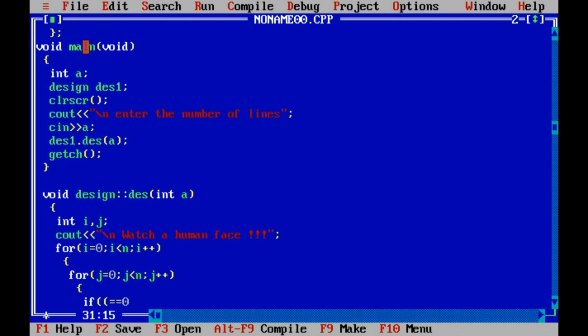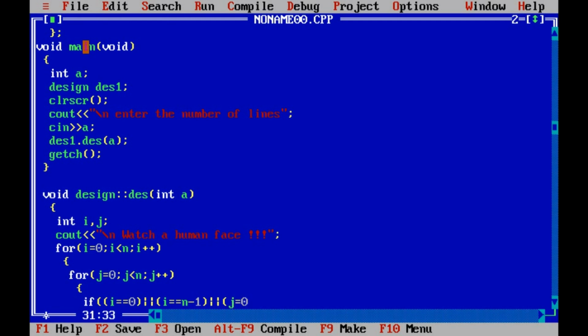So we use the logical OR operator, double OR, and for the edges we have i equal to 0 and i equal to n minus 1. We print stars only at those places, and this is for horizontal lines.